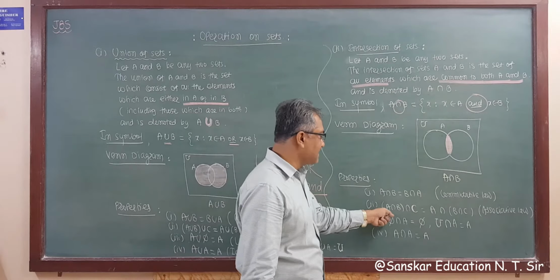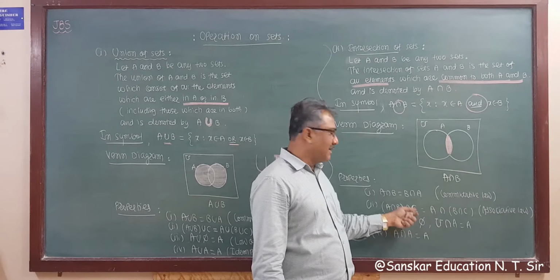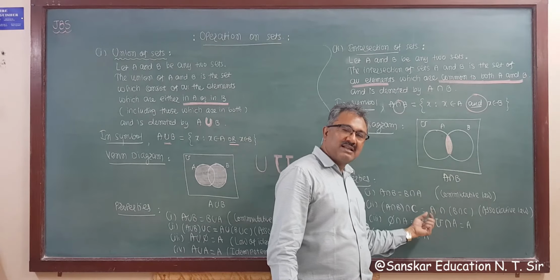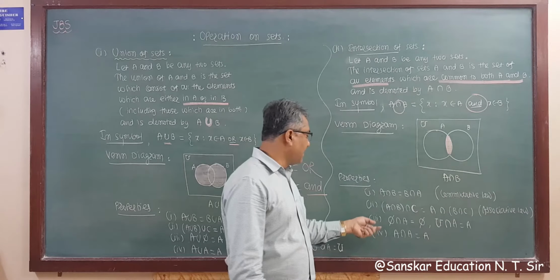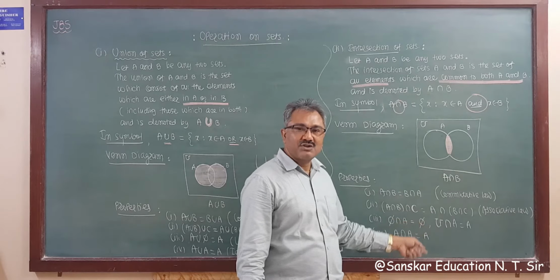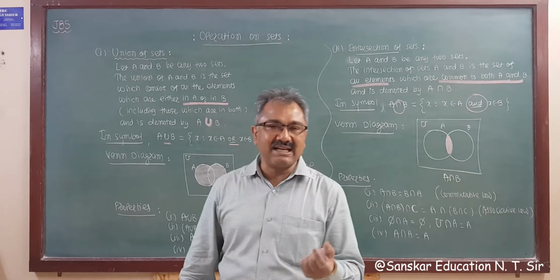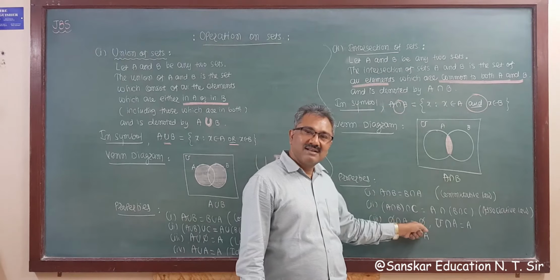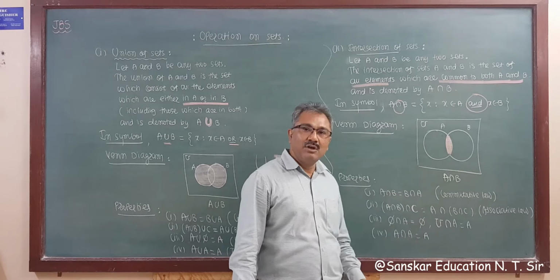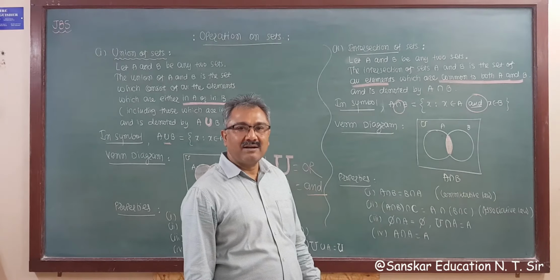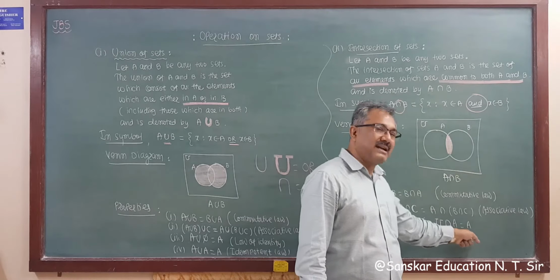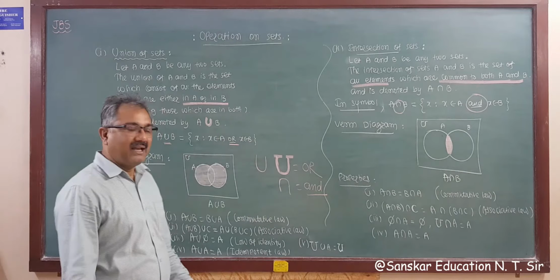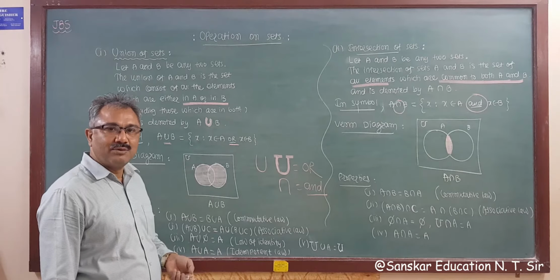That is A intersection B intersection C. Now make a group of this B intersection C and keep A outside, then A intersection B intersection C. Now phi intersection A is equal to phi. So intersection of any set with the empty set is the empty set because there are no common elements. That's why it's the empty set. And intersection with the universal set is the set itself, A, right? And A intersection A is A, same as A union A is equal to A.